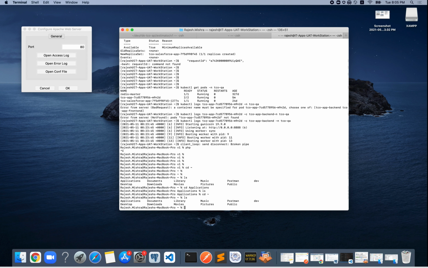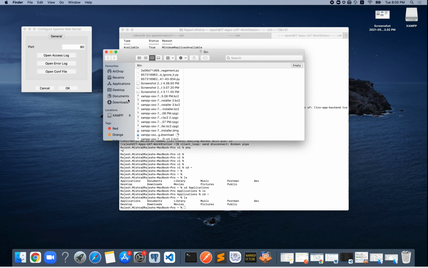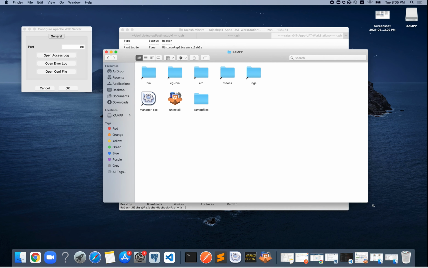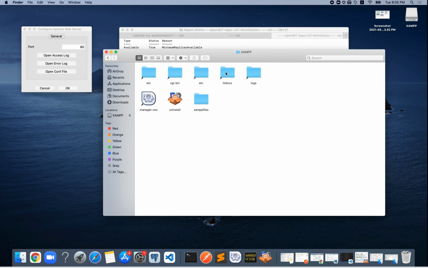The XAMPP folder is not created here, so you don't need to search all places. It will be created inside Applications, and once XAMPP is installed, at the same path you have the xampp folder, and when you click on it, all these options are there, and htdocs. Inside htdocs ideally we need to create our project.